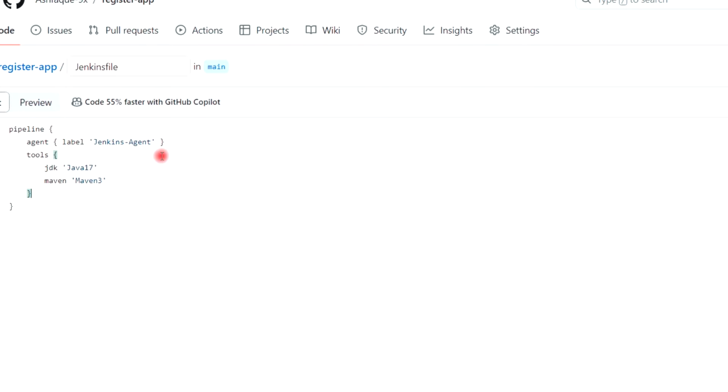So first tool is Java 7, which is the name we have given in the previous step, and this is the name for the Maven plugin, Maven 3. Both we have defined on Jenkins in the previous step.